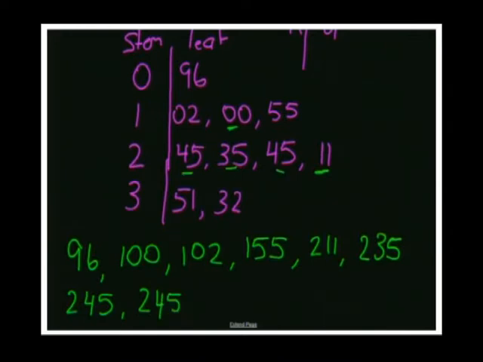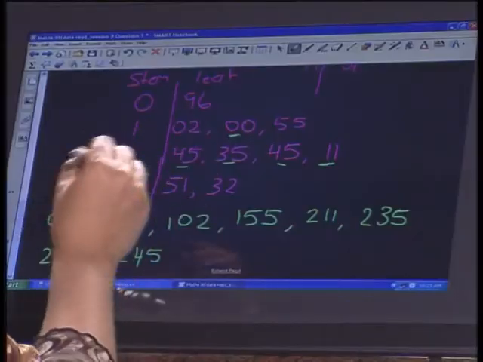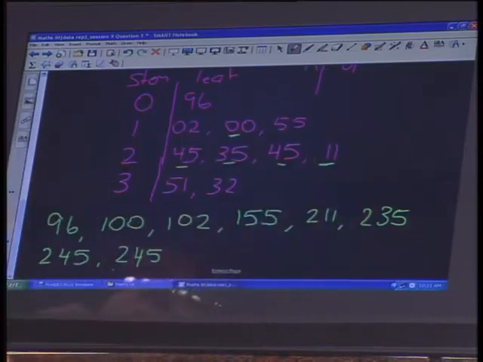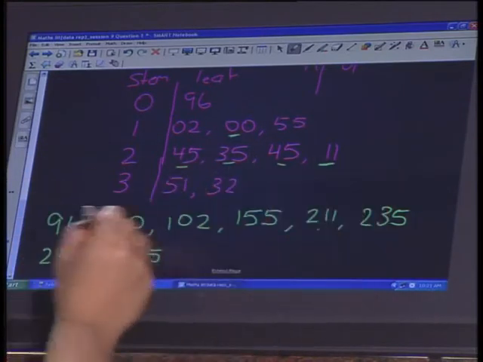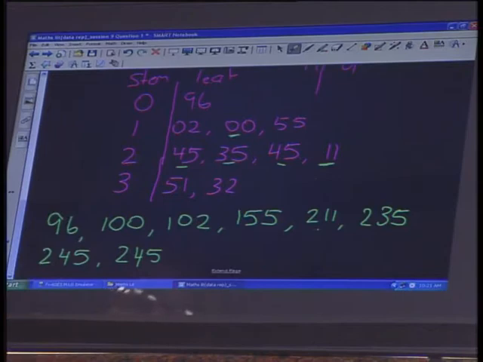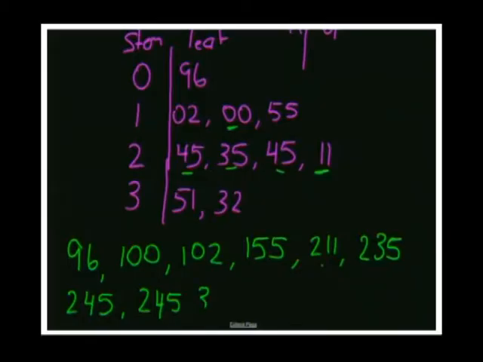Remember, I said to you, you must make sure that you write every single one of the numbers. So if a number is duplicated, that just means that for 2 hours during the day, we had the same number of cars passing through that intersection. But we cannot exclude one of those numbers. So 245 is twice. Double check, I had 4 200s. Have I got 4 200s? I do. Now move on to my 300s. I have a 332 smaller, and lastly,